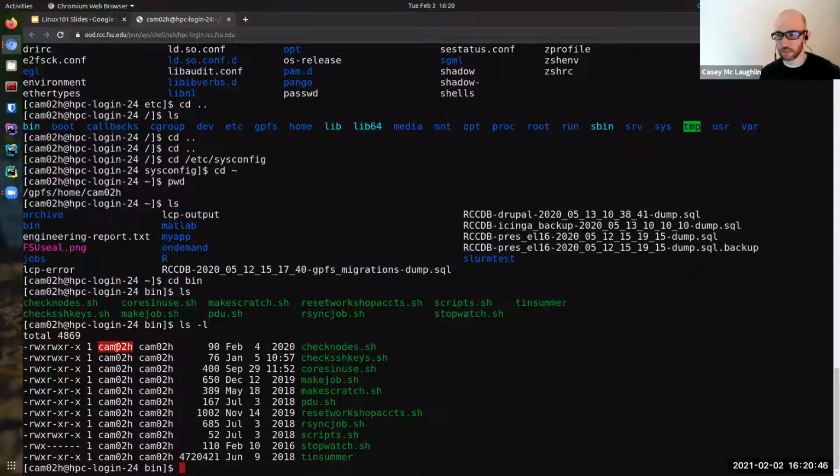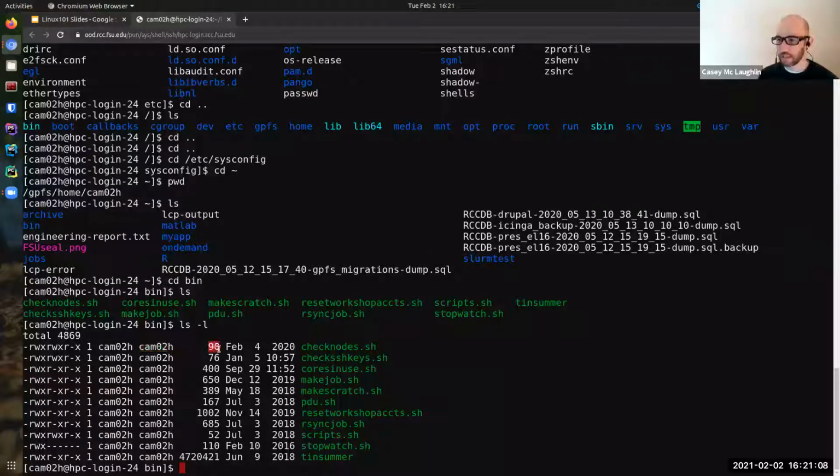And of course, I'm the owner, and this column, I forget what it means. I honestly can't remember. But the next column is the owner of the file, and then the group that the file is in. We have this concept of groups that allows you to share data.